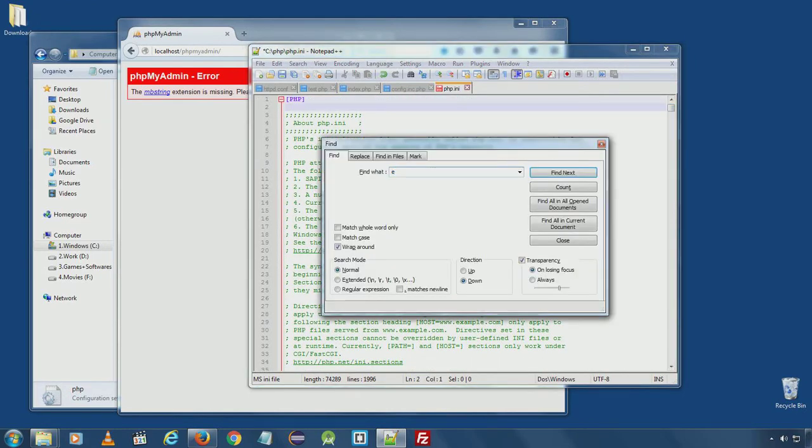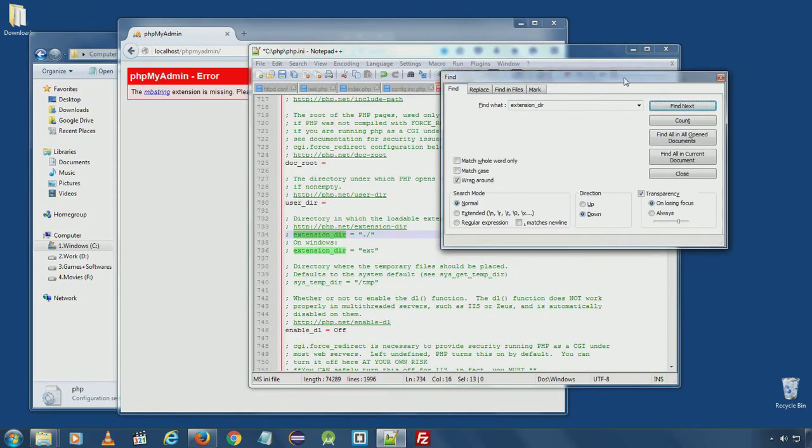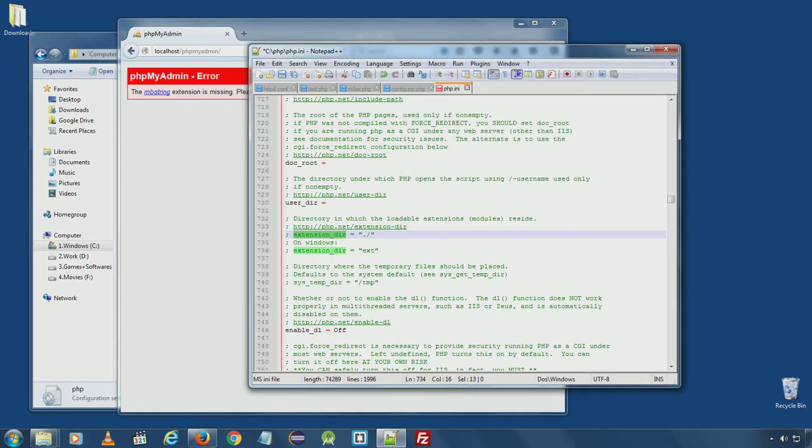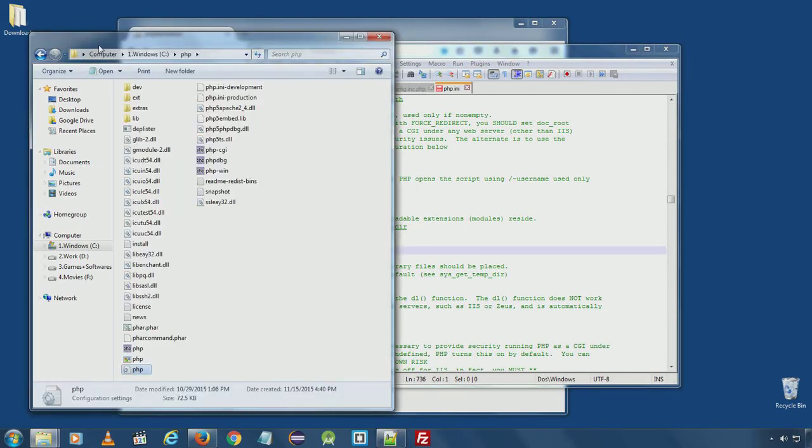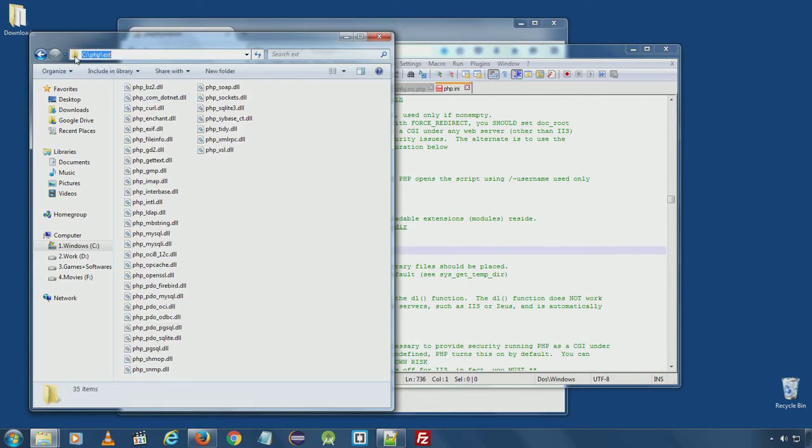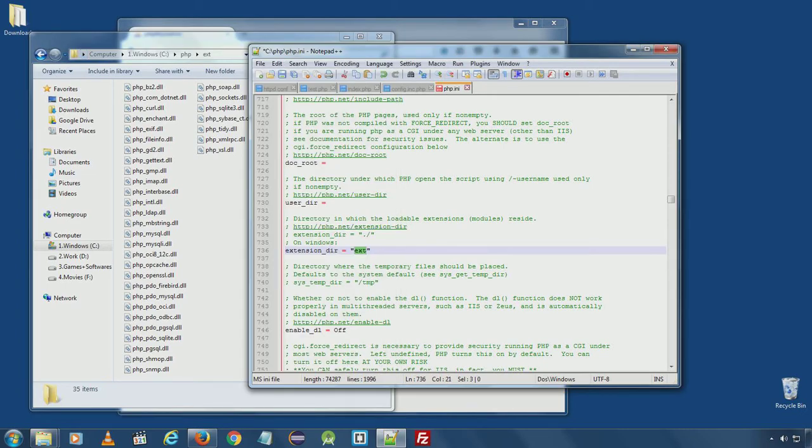Search for the extension_dir option and you will see it is disabled. Uncomment this, go to PHP folder, ext folder, copy the path and paste the path over here. Save the changes.